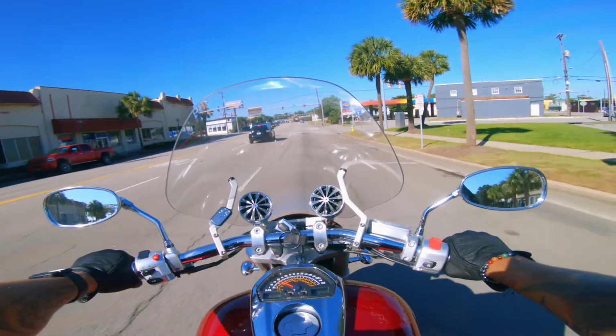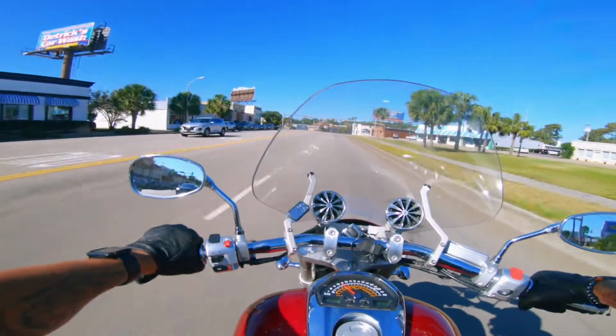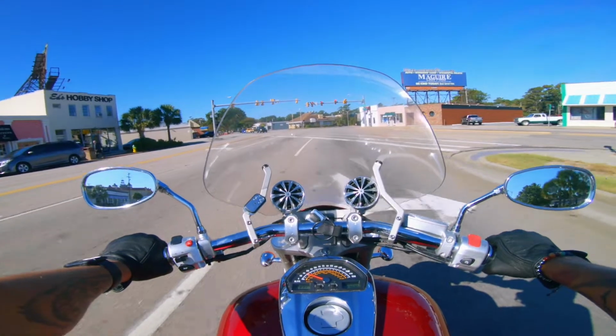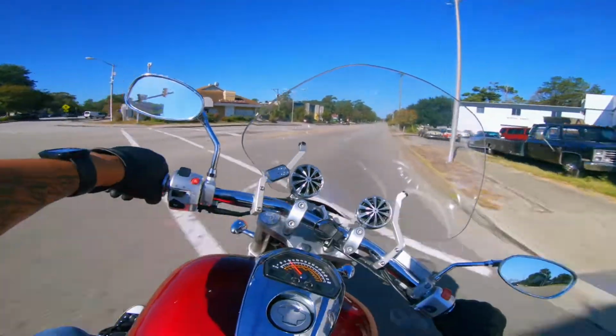Compared to the Harley Davidson, it does have a totally different sound coming out of the engine. Like, you can tell the difference from a bike when you hear it going down the road by its sound. You know what a Harley sounds like, and you know what a metric sounds like. This definitely sounds like a metric. I think the light is for me. So this bike kind of feels like